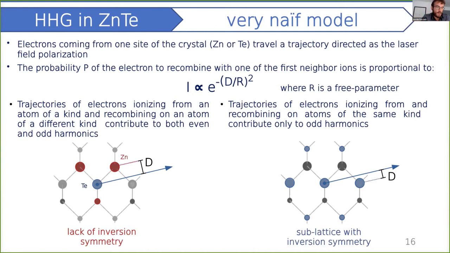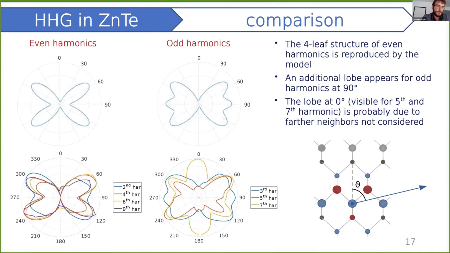We have also the anisotropy of the crystal that can change the polarization of your emitted harmonics. So it's just a very naive description that could in some way connect with, let's say, a tomography approach, where we see what happens in one direction and we try to see if it is connected to the structure. And in some way, yes, we have an understanding of what we see in terms of the structure.